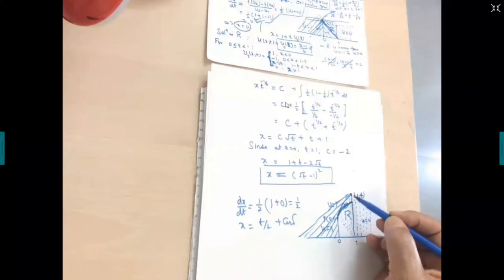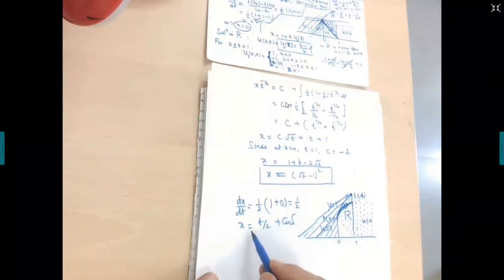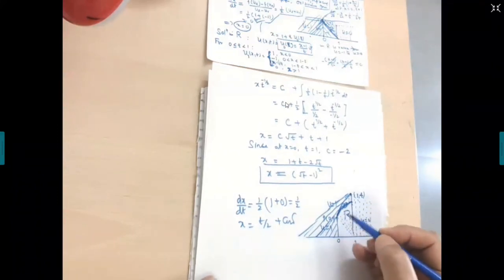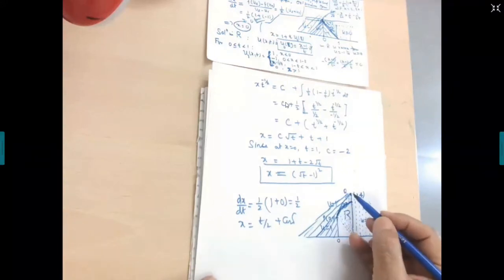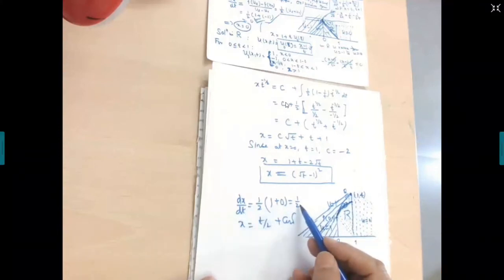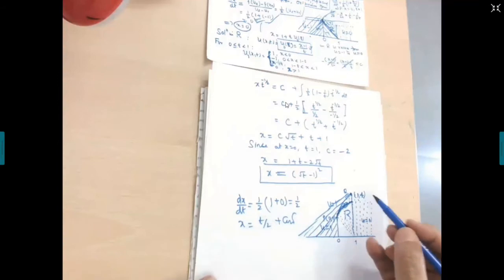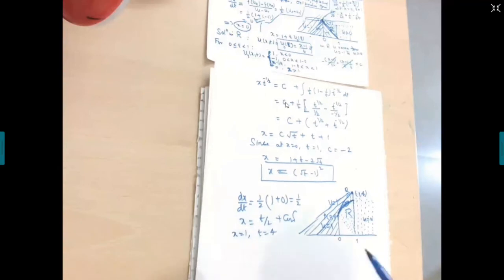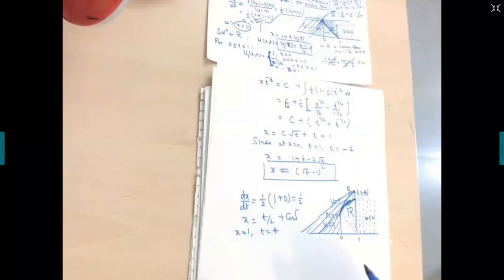So this is the point, let me call it Q. So beyond this, what is the shape? First of all, let me find out what this constant is, because from P to Q it is a parabola. At Q, it changes its shape and speed. The speed turns out to be dx/dt equal to half, and this is the shape, which is a straight line. The constant can be obtained using the condition that at x equal to 1, t is equal to 4. And therefore, what is the value of the constant? It's minus 1.